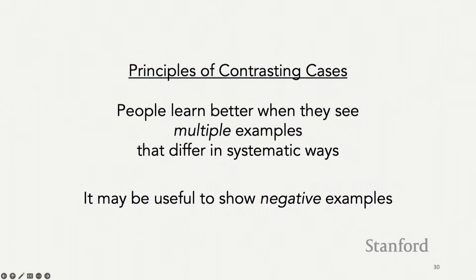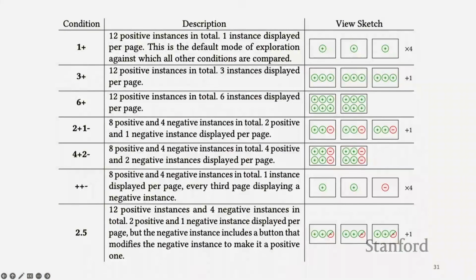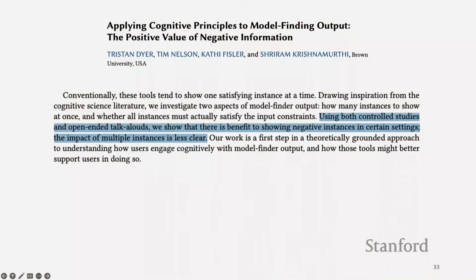Right? And you kind of did exactly that for me, right? You notice that when I showed you the negative examples, you were able to come up with new things that you did not come up with when you only saw the positive instances. Okay? So this is one condition where we look at 2 positive and 1 negative on screen at a time. We tried a whole bunch of other conditions as well, multiple domains, again, crowdsourcing and student subjects. We use Prolific in this case. Generally, what we found is the multiple instances was not very useful, but the negative instances were very useful. Right? And that's like a direct contribution from the theory of contrasting cases into improving the output of formal methods